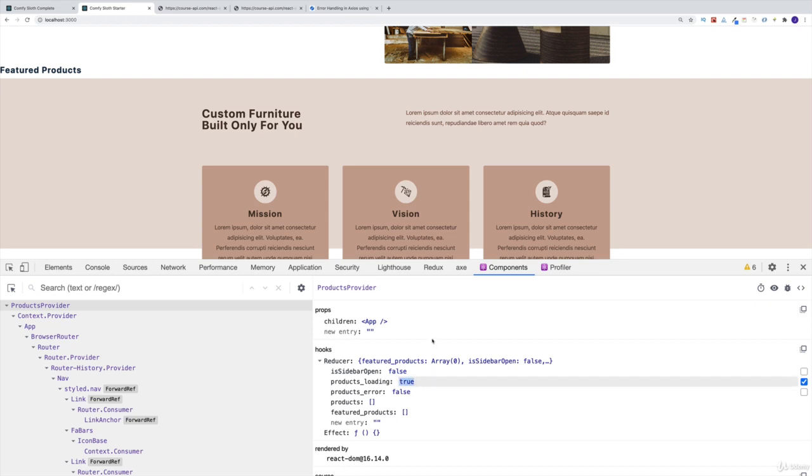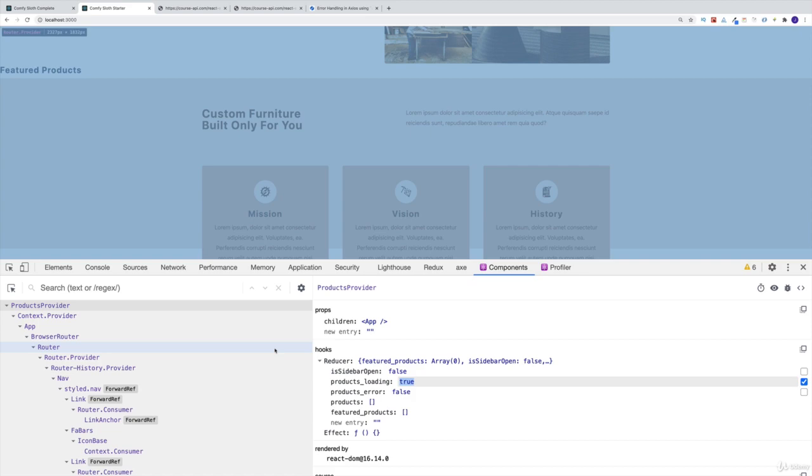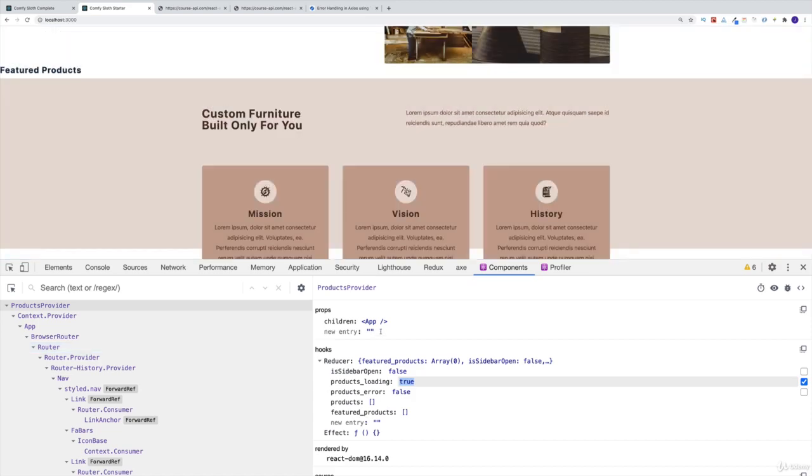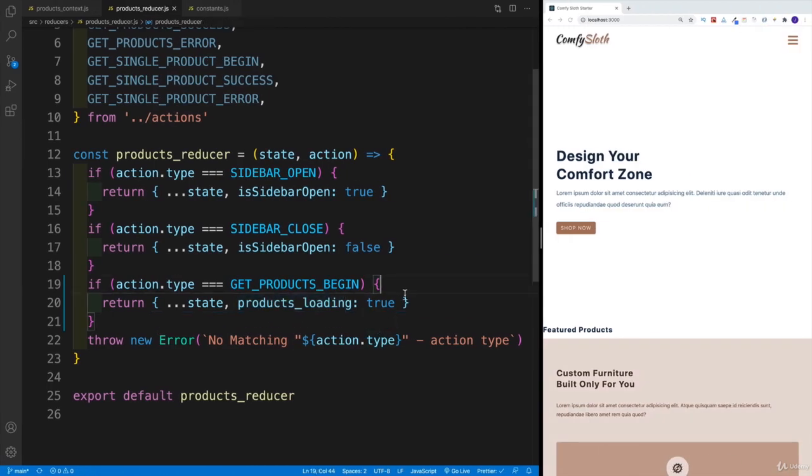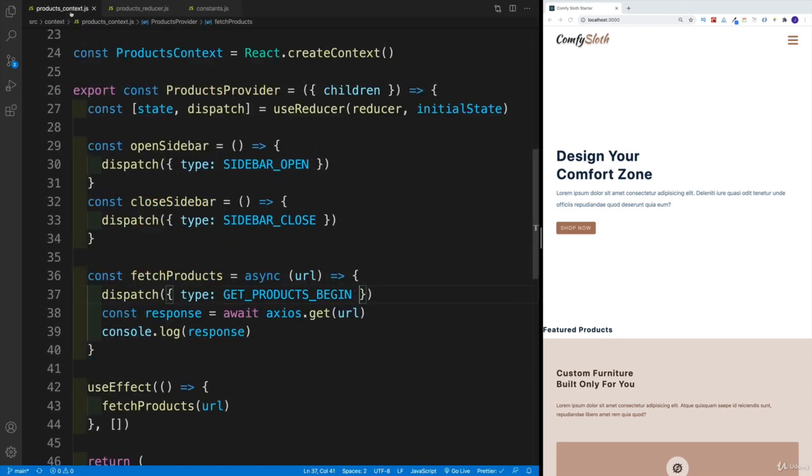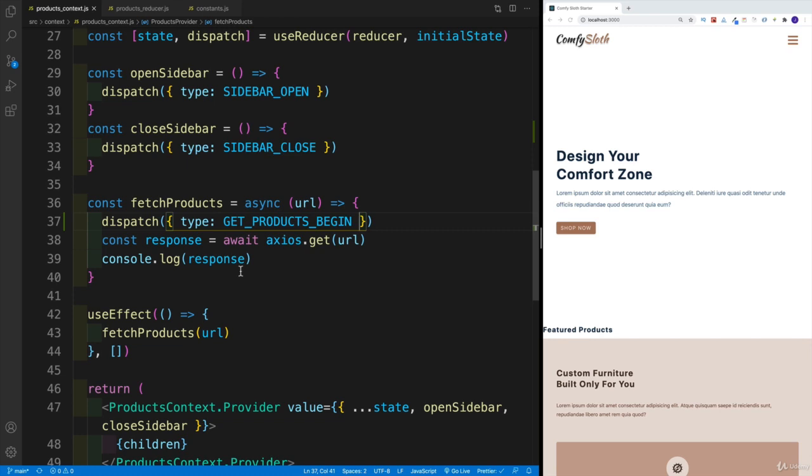Now, it's going to be a little bit fast, so it's going to be hard to see, but just keep in mind that in this case, I'm not going to build something to showcase that we're loading, but you can always go back to the components to React DevTools and just check your state values. And this is exactly what we're going to do. So we begin fetching product. So we start loading. And now, of course, we would need to handle two cases. One for the error. And then the second one is if everything is successful.